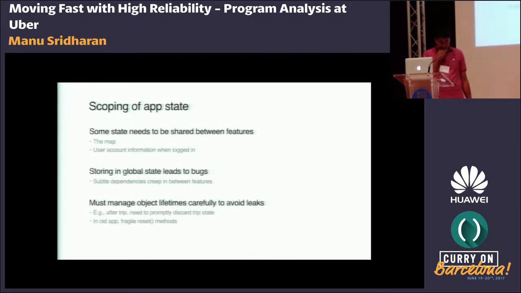Another crucial aspect of this for mobile applications is that we really need to manage the lifetime of the state very carefully to avoid leaks. So a lot of mobile apps, you open them, use them for a bit, and then you hop right out. But if you think about our driver app, for example, that might be the only app open for hours, right? And so if we're leaking state, it's going to constantly be crashing with out-of-memory exceptions, which is a really bad experience for drivers, right?